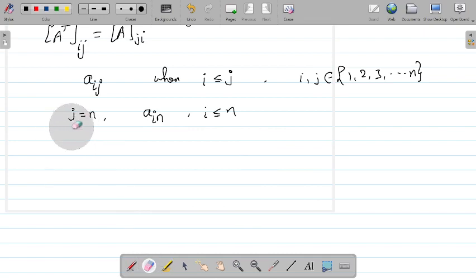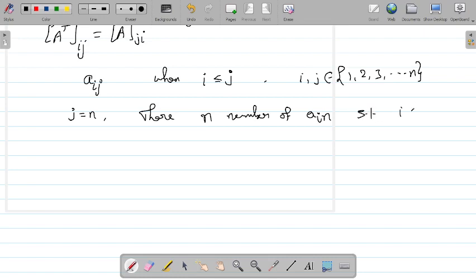So now I'd like to write it here when j equal to n. So I can say that there are n number of a_ij such that i less than or equal to n. That's it. Similarly, when j equal to n minus 1, so you can say that there are n minus 1